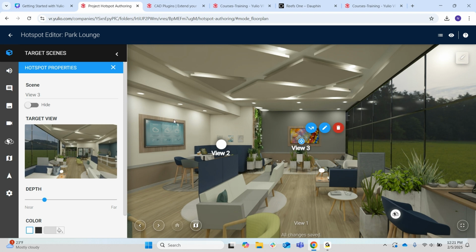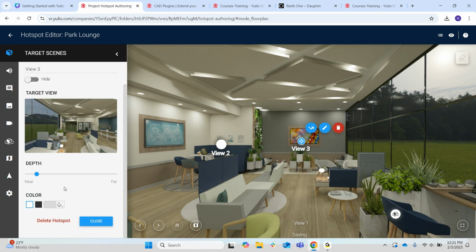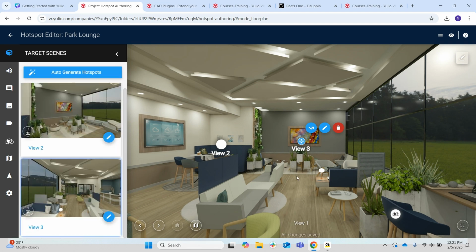And then you can go ahead and adjust those hotspot properties. In this column, I am going to adjust the depth a little bit closer and then press close. And that's it. If you are adding your navigation hotspots manually, one thing you will have to remember is to